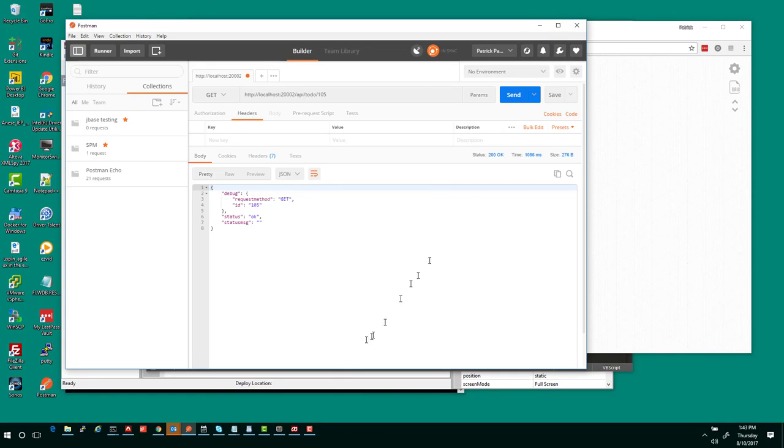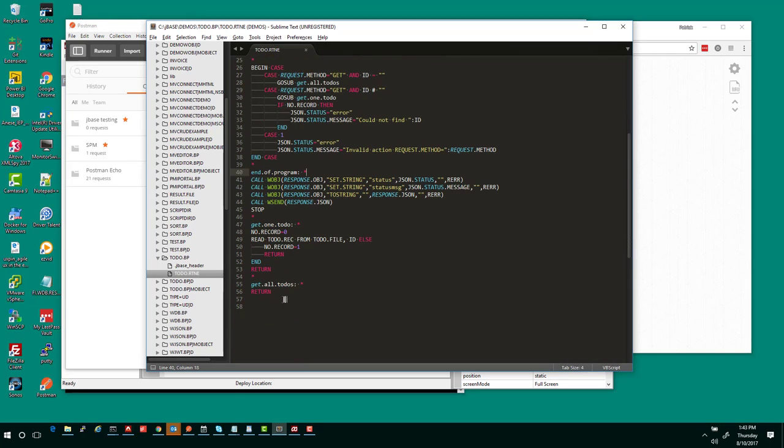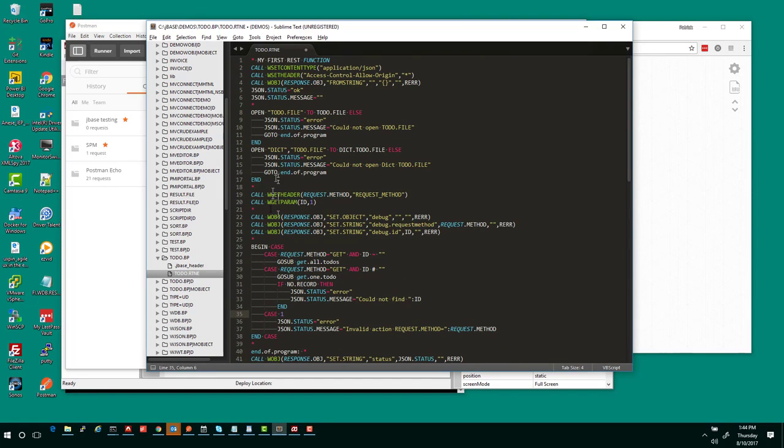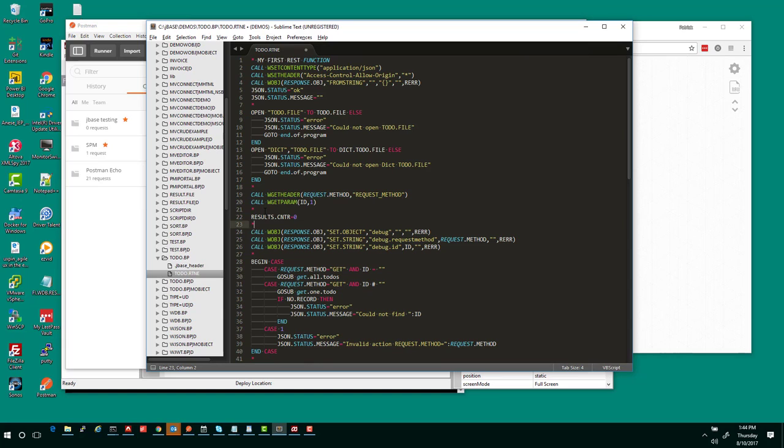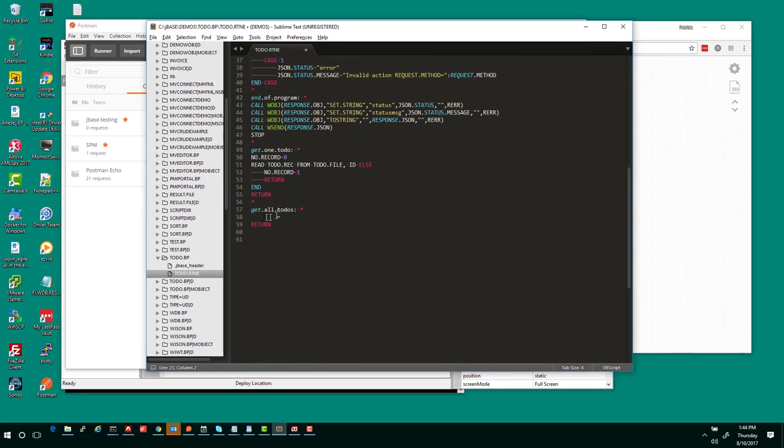Now let's move on and actually get our record. So down here in a get all to-dos, we are going to start building our thing. Now, because I'm going to build this to where we can call this multiple times, and so the get all items, we'll call this get one. We need to be able to increment on how many records we're dealing with. So I'm going to go to the top of my program and set myself a variable called results control, and we'll set it initially to 0. And then we'll go down here